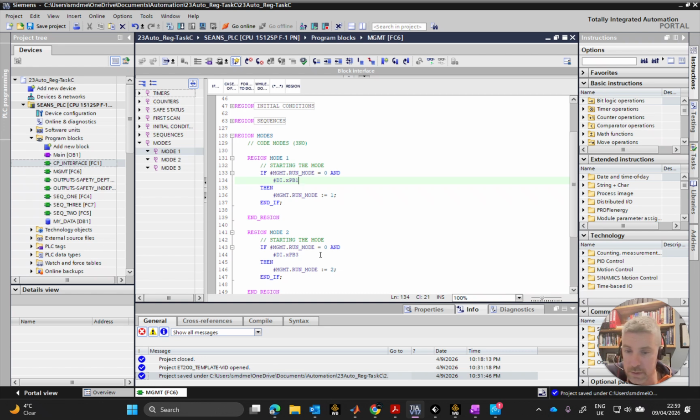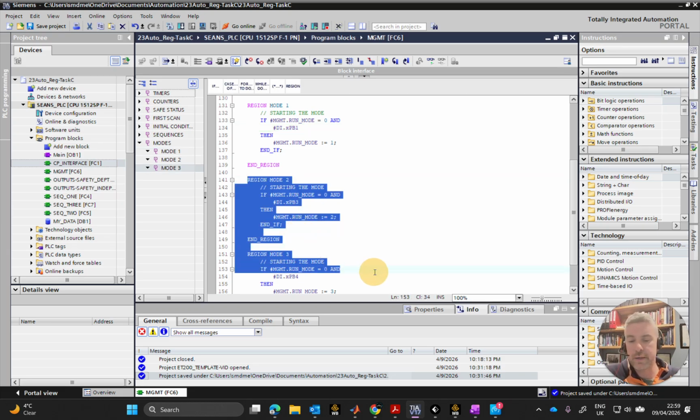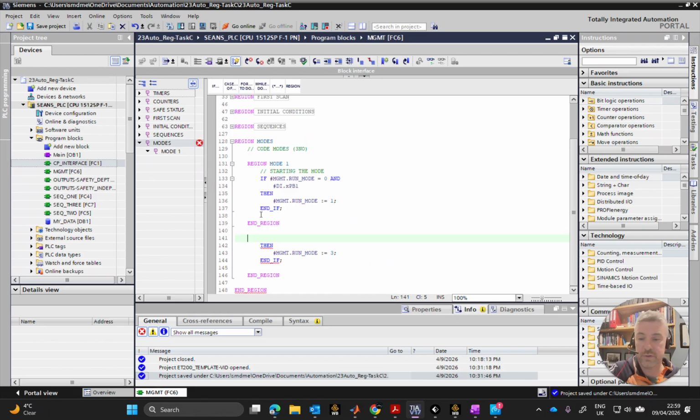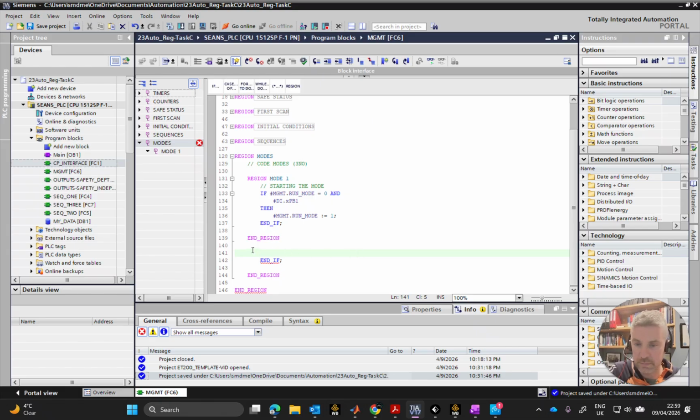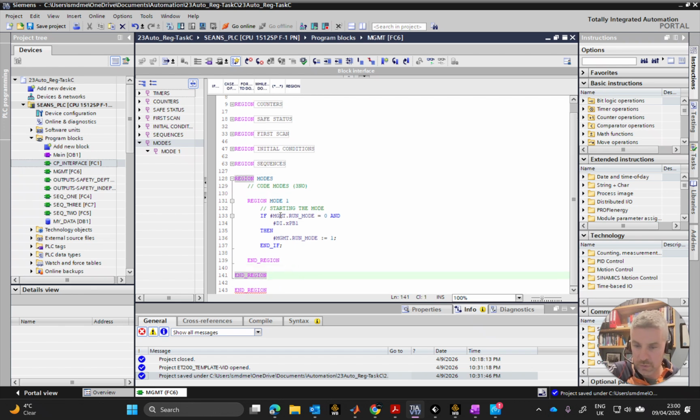That's it. Don't even worry about mode 2 here. You can comment them out, because it could be a case that if that button was wired, which it really shouldn't be, but you did wire that button and you pressed it, that could stick you into run mode 2, which you don't want to happen because you won't be executing anything. So maybe a safer thing to do in this eventuality would be to delete that out, get out of that region there as well. Region modes, region 1 mode,